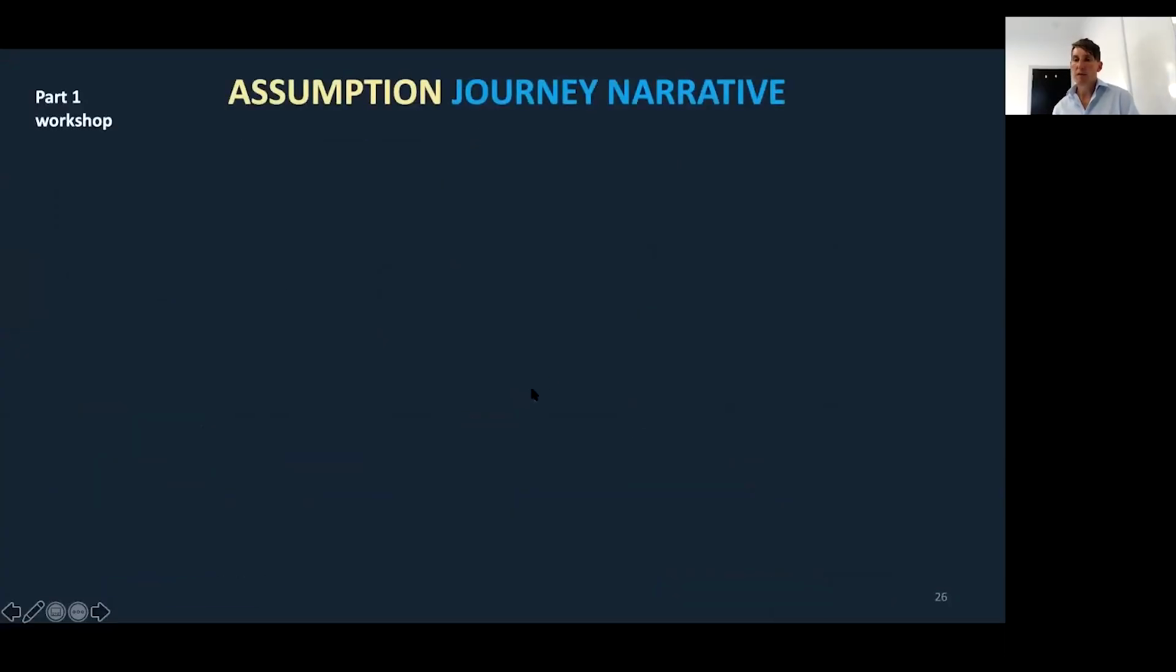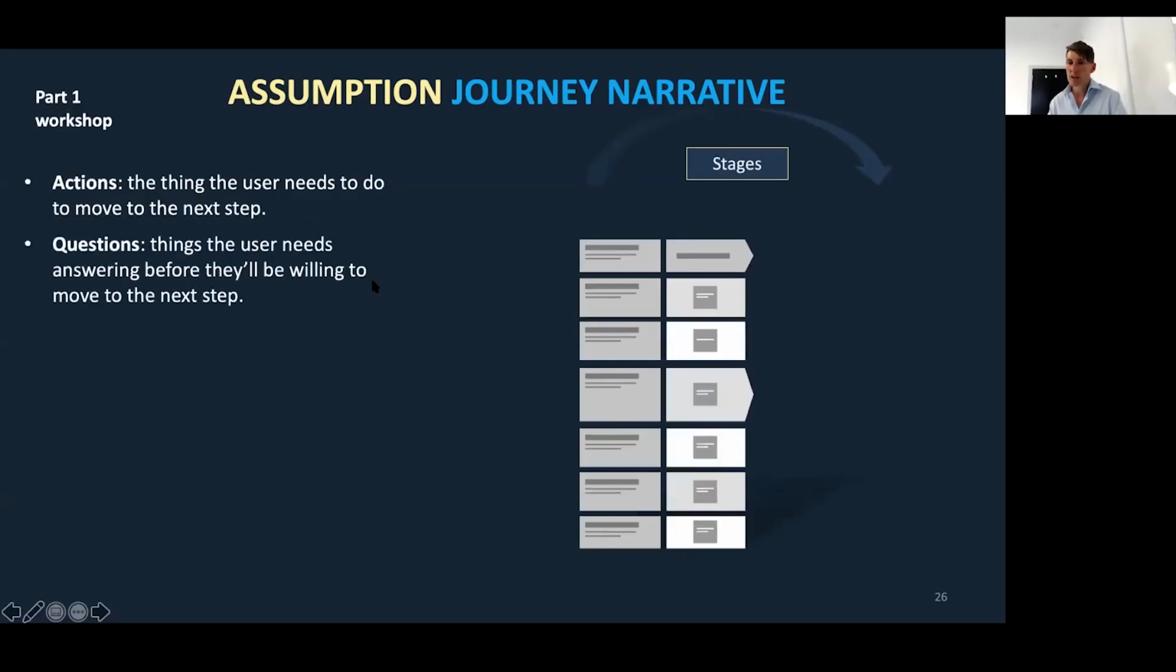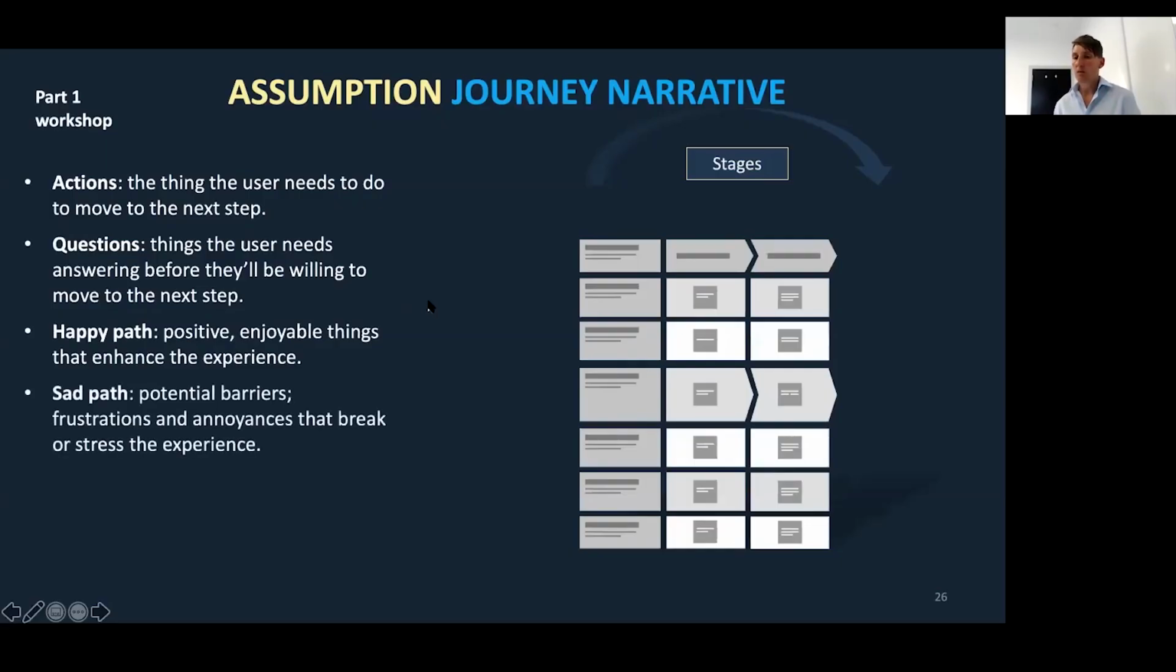Let's talk more about that first step, that first stage journey map. So these are the things we want to put on there, the actions, like what users need to go to the next step, what questions they have before they will move to the next step, the happy path. What did they find helpful? What did they find bad, annoying, broken, stressful,